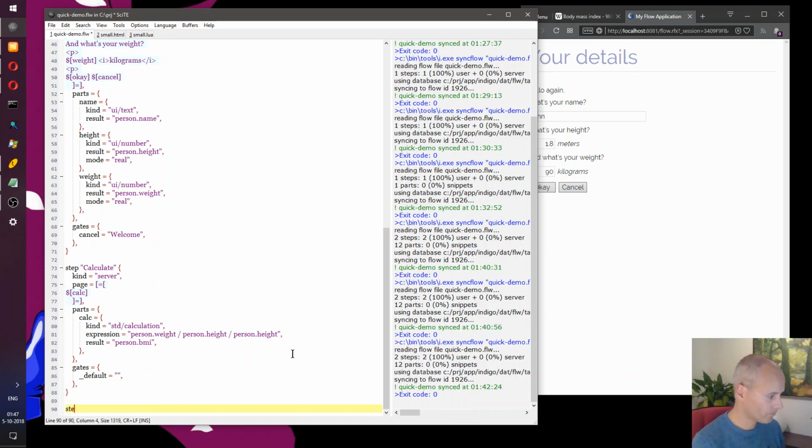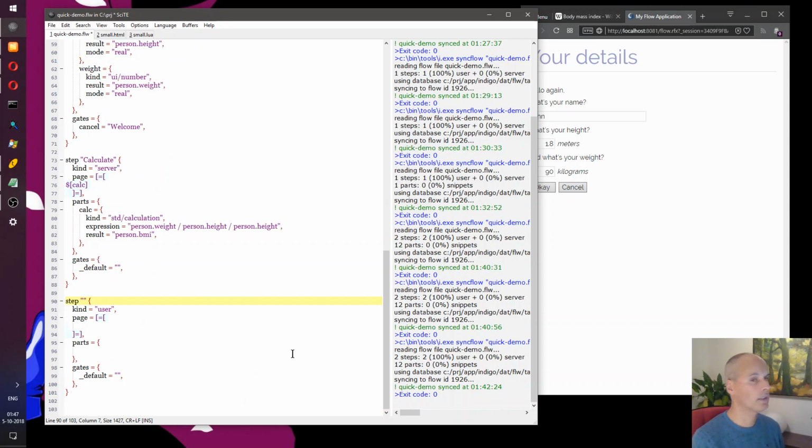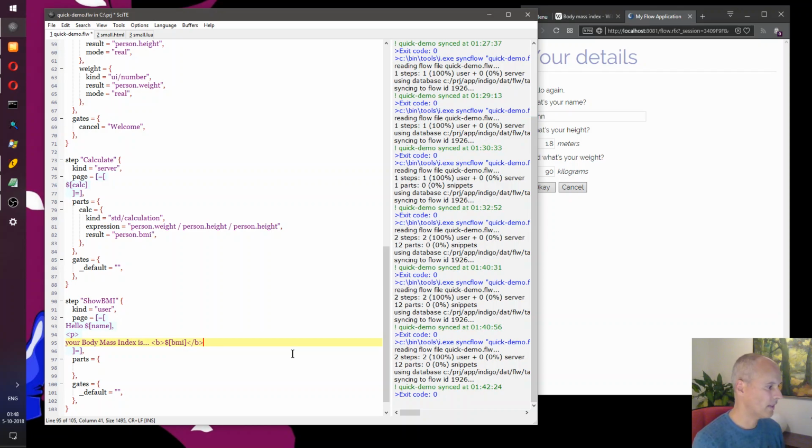Obviously that's going to be another user step, so let's call it show BMI. Well, let's make it a bit fancy. So let's say hello, your body mass index is, and then display the results and highlight it a bit.